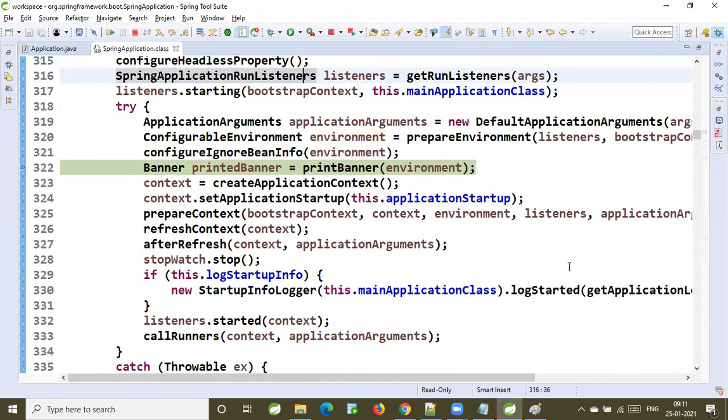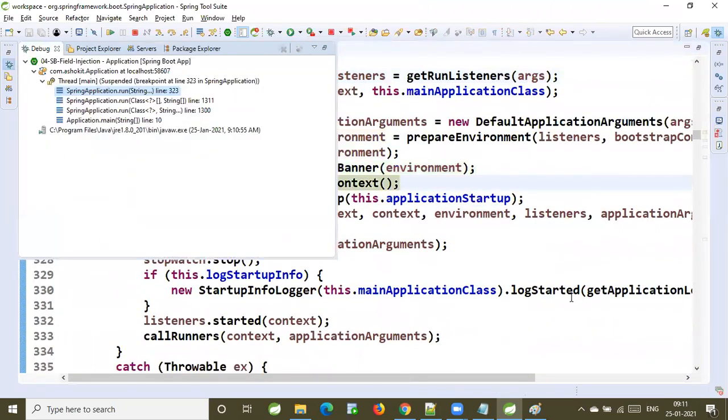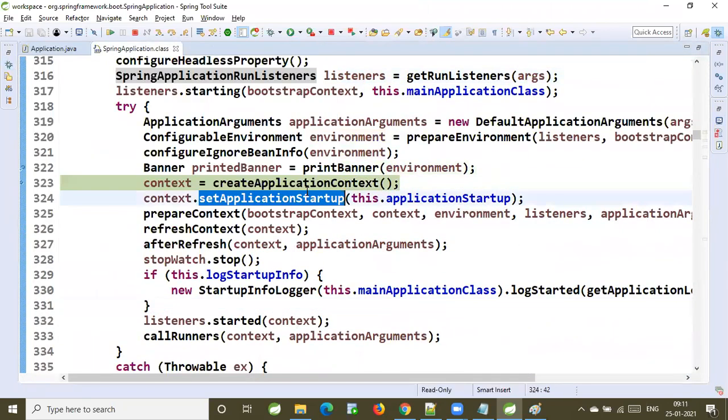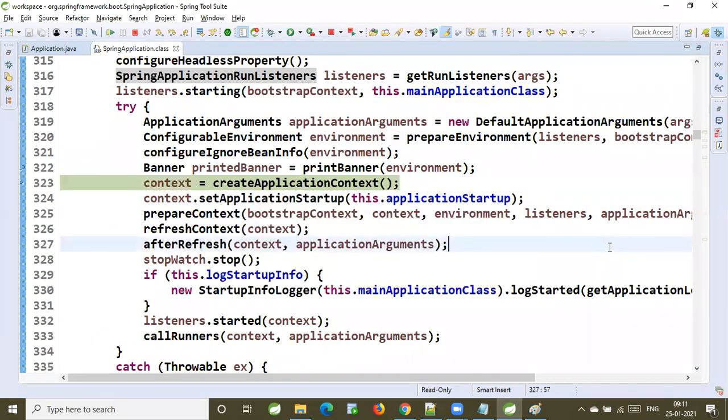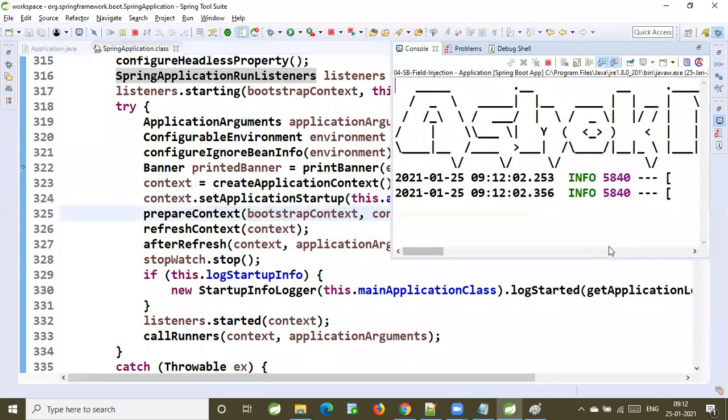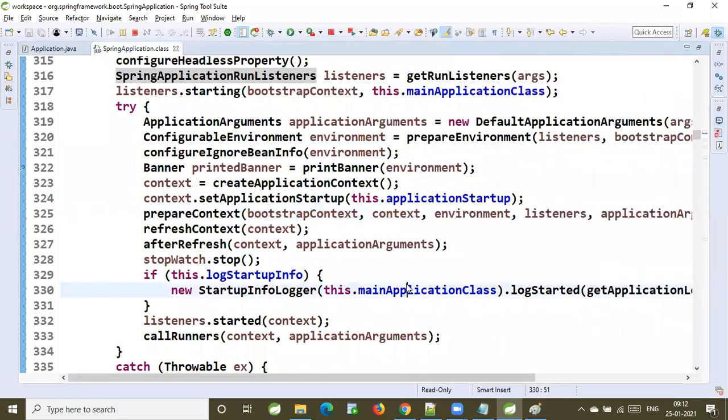Creating application context. What is the meaning of create application context? The IOC container is getting created. Now prepare context. The IOC container is getting prepared. Refresh the context. After refresh,